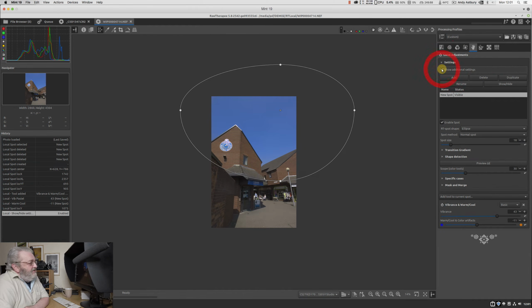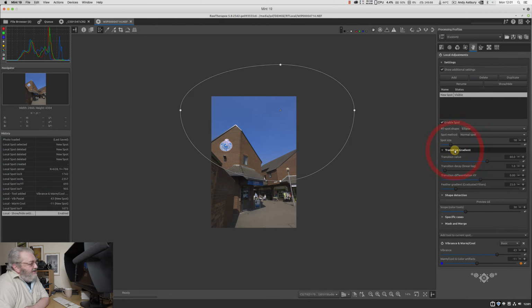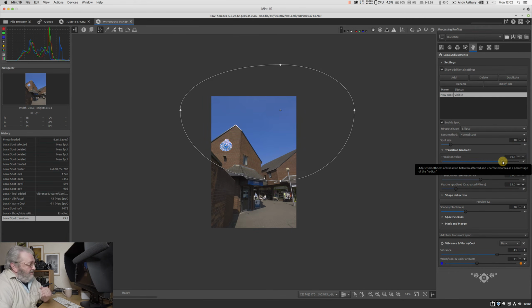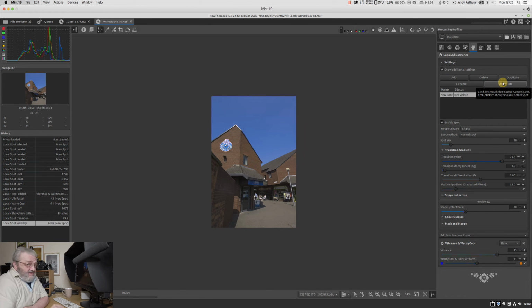And if we go show additional settings and I come into transition gradient and I go to transition value, that will just help bring the blueness down closer to the roofs of the buildings. Yes, it will. Alrighty, so I'm going to hide the delimiter and the spot just so we can see its